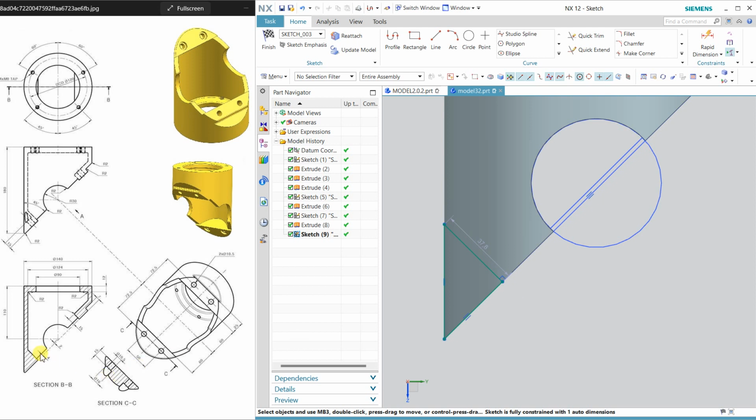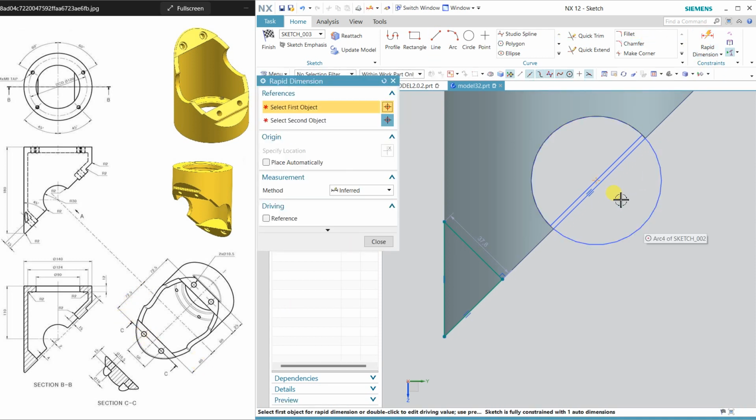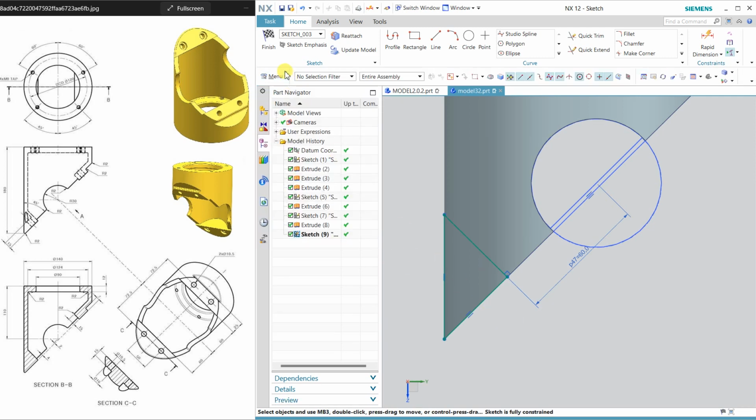We have to offset inside. Okay, later we will do. And now then just apply the dimension, which is from here, from center to this line is 60. So click this, and the center is this, and line is this, and this value is 60, and close. Finish it,